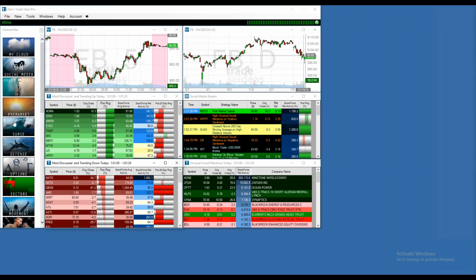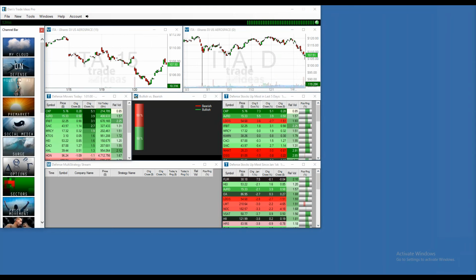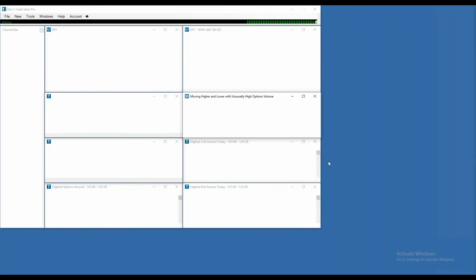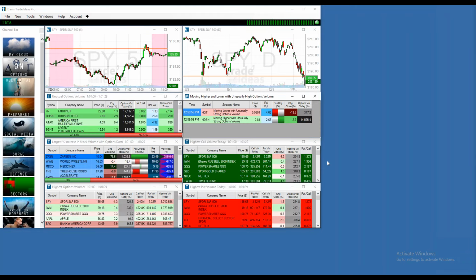Yeah. So this channel bar is really your layout gateway. You can take any of these channels and immediately start surfing. Here's your defense stocks. Here's your options. And again, TradeIdeas is not for day traders or swing traders. It's for any active, engaged investors, whether you get in during the day and get out during the day, or whether you get in one day and get out another day a year later. To see supply and demand and efficiency, there's nothing better than what we are doing with our technology.